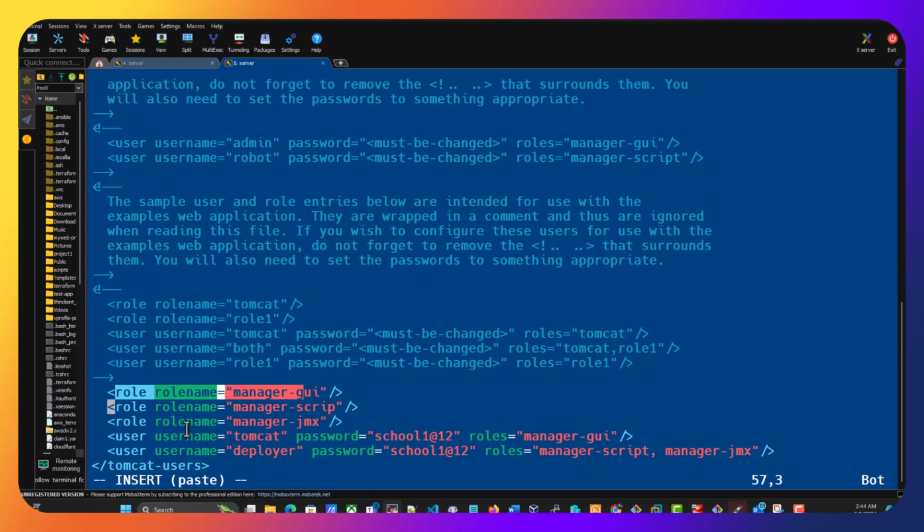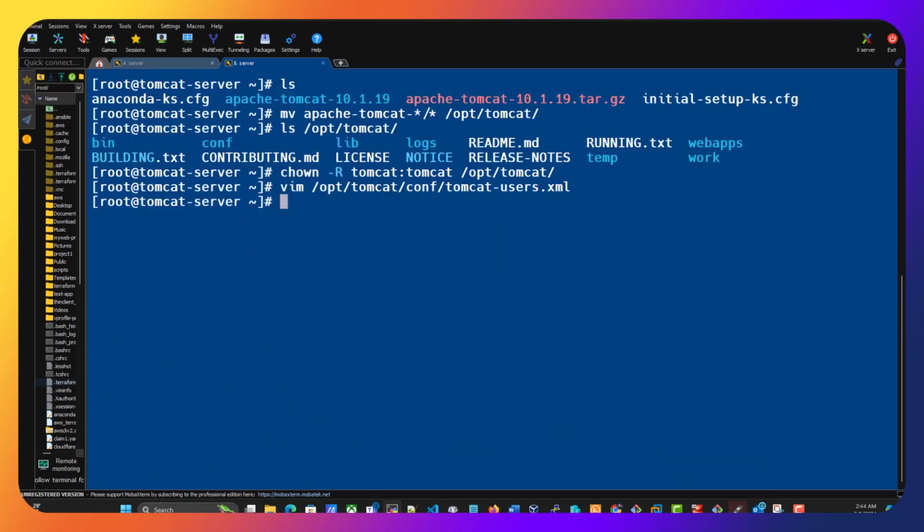So for the manager-gui, we are creating a user called tomcat and assigning that user this password. And for the manager-script, we are creating the deployer user and assigning this password. So the manager-gui can log into our Tomcat servers from the GUI and perform admin tasks, while the manager-script can only run scripts in the Tomcat server. So I just save the file,